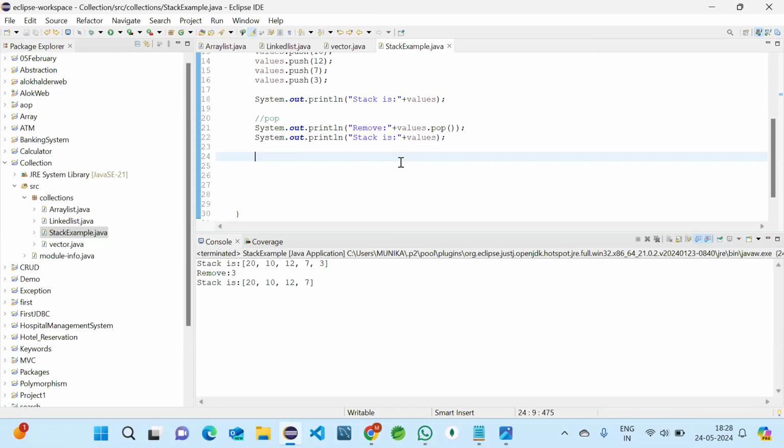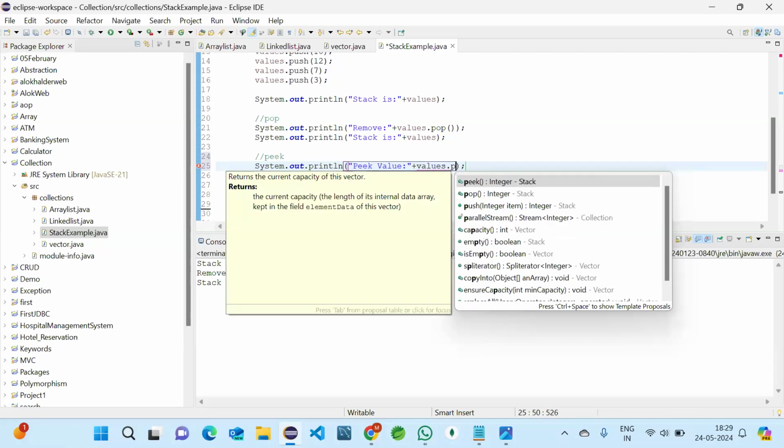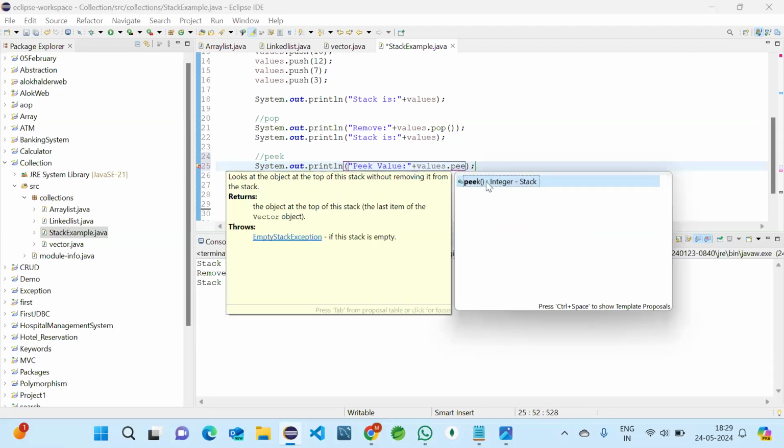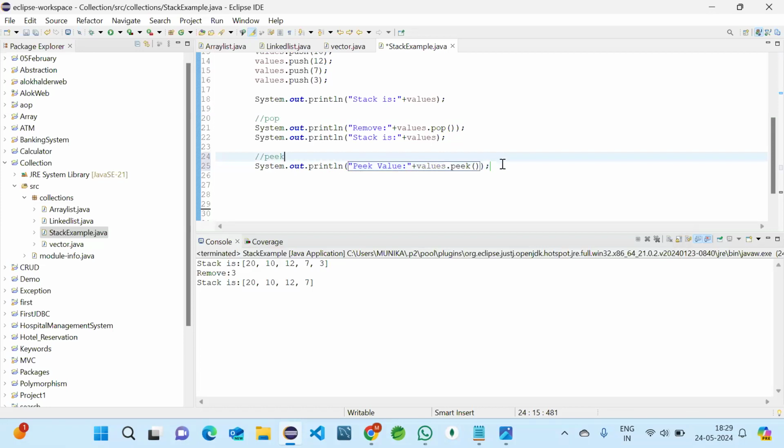And the next operation we are going to do is peek. As I said, it will give the top element, what is there at the top position. So we'll directly print peek. Anyways, we are using Eclipse, it is showing all suggestions every time.